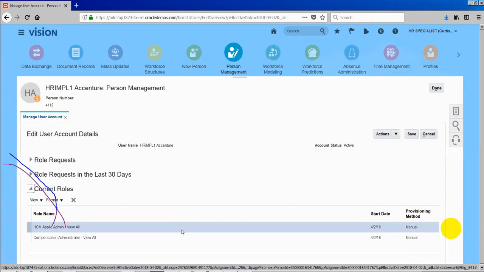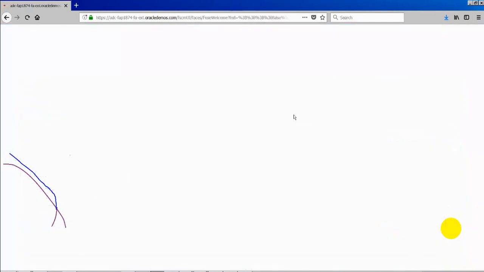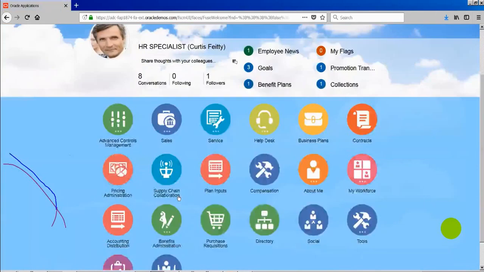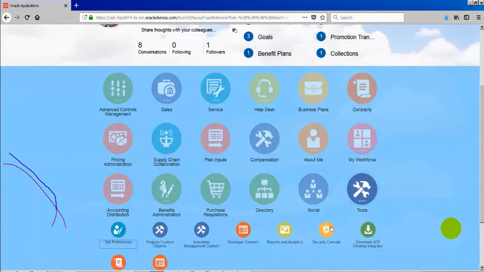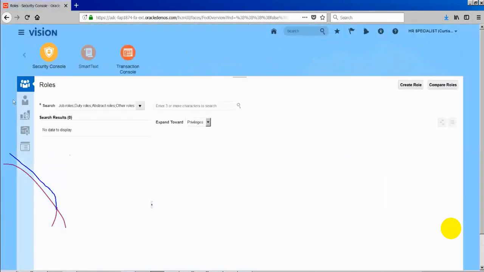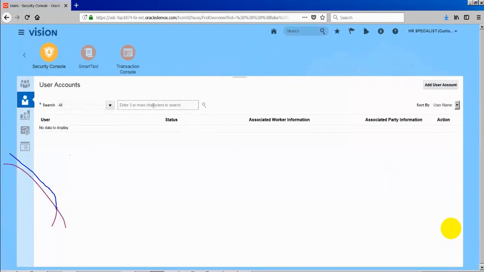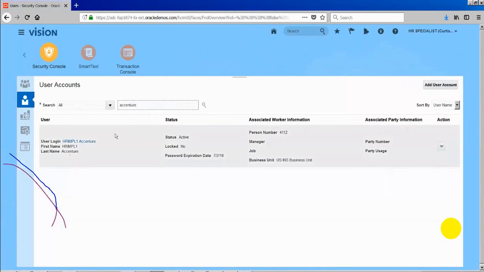Number two, if whoever is hiring that person is not giving any proper security, then they can contact the security administrator of your company and request to add roles. Then the security administrator can go to Tools, Security Console. In the Security Console, search for that user. This person may or may not come up by now. Basically, these are two different periods. It is there already, so we have this user already now.